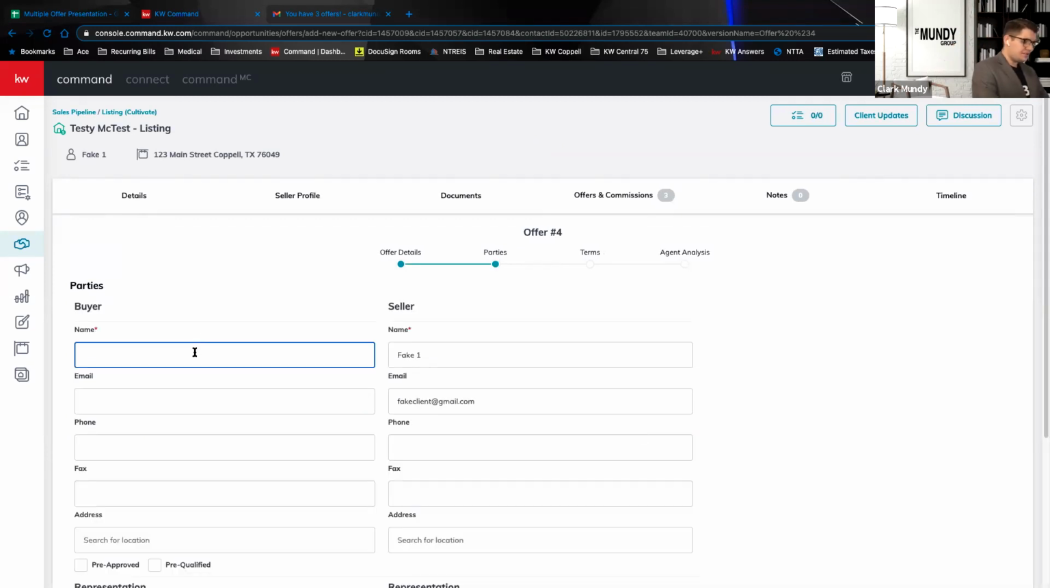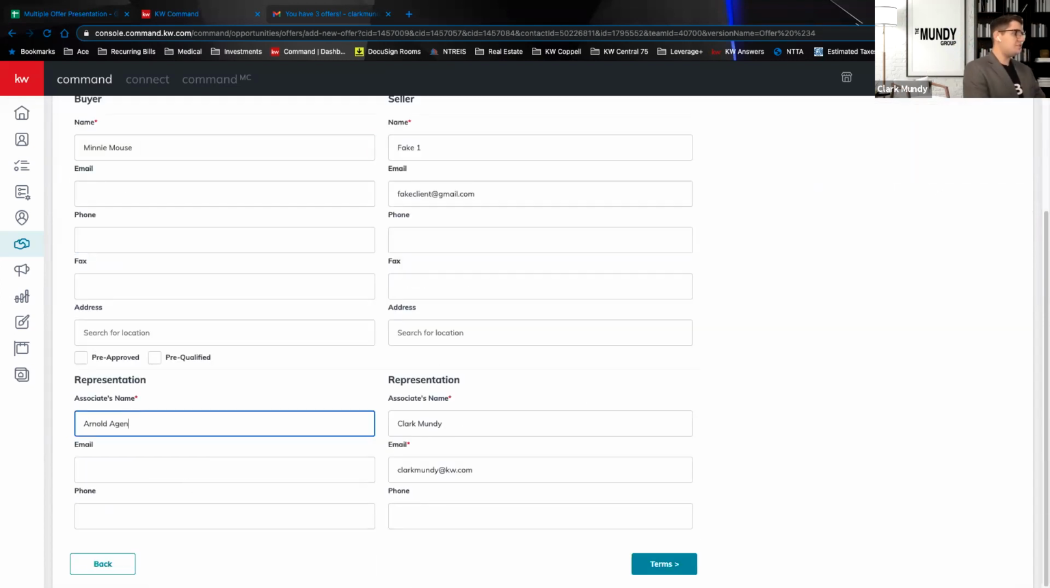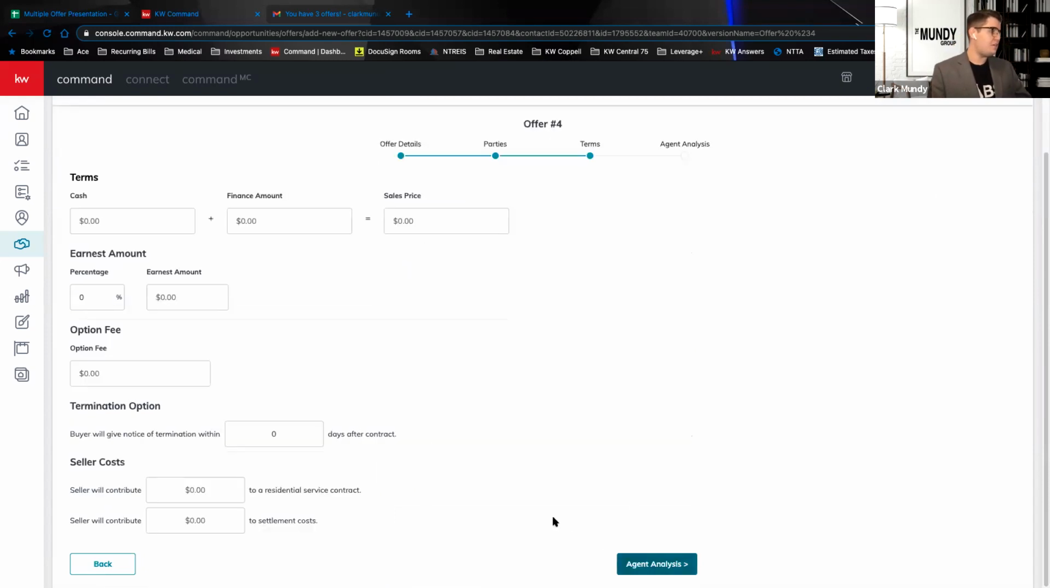We'll say that this is Minnie Mouse, Arnold agent. This is just the parties involved. And here are the terms that your sellers will definitely want to be checking out for these deals. So we've got